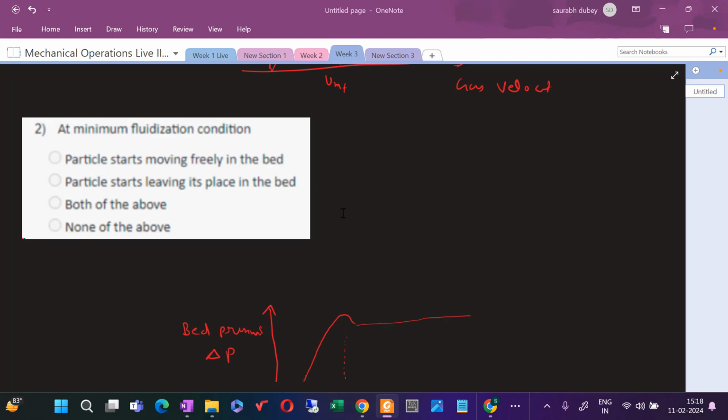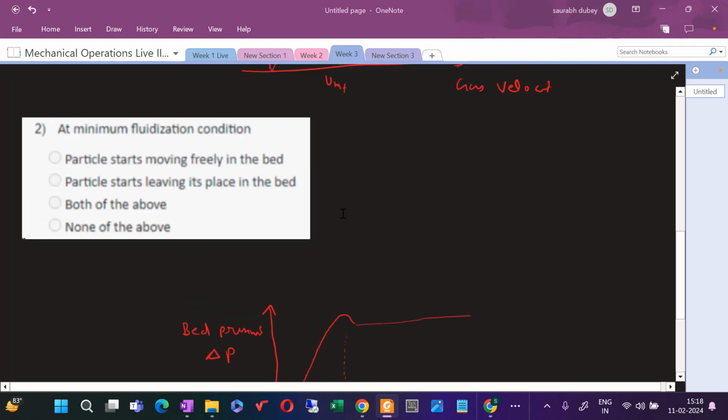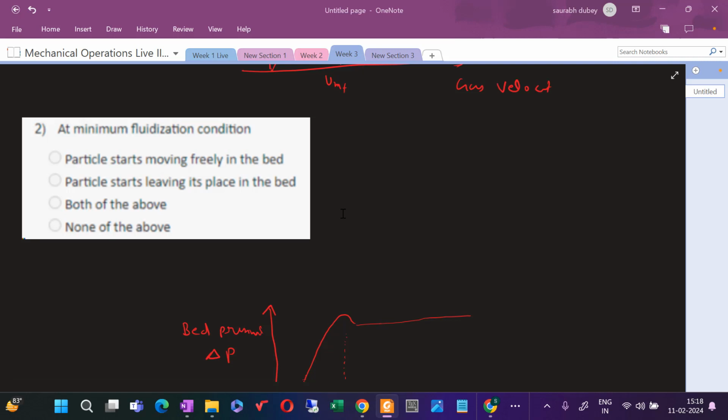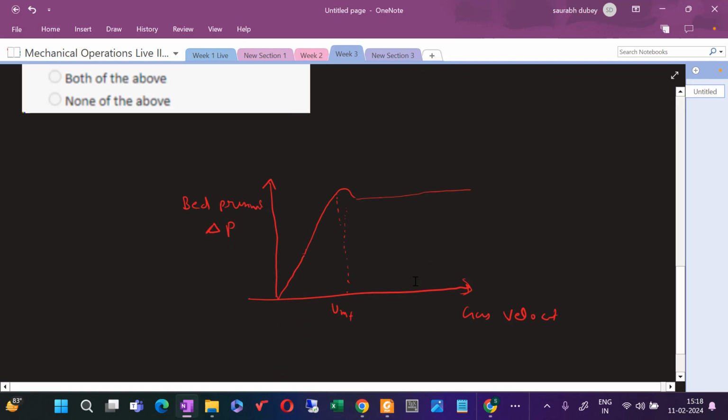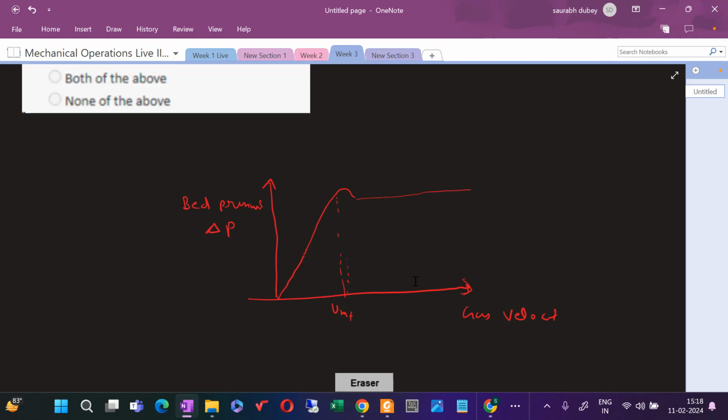Okay. So this question, the second one, is: at minimum fluidization condition, particles start moving freely in the bed; particles start leaving their place in the bed; both of the above; none of the above. So obviously, when the minimum fluidization condition is achieved, this usually happens at this particular location, as explained in the first lecture of the third week, where you came to know that